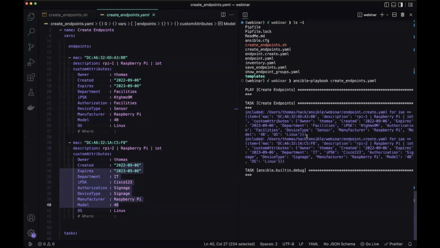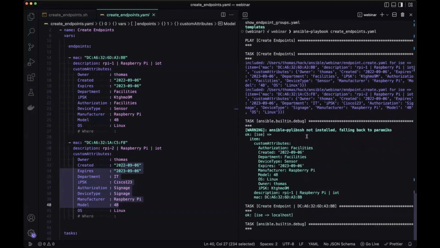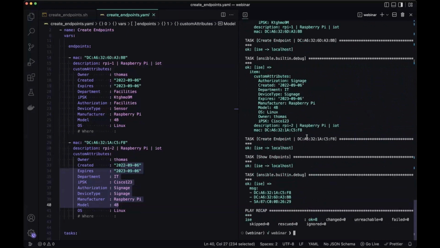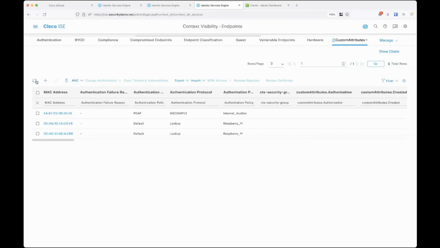And hopefully it's going to connect to my ISE using Ansible. It's using REST APIs to configure this. And that fast, those fields should be populated now in ISE. So if I refresh this,